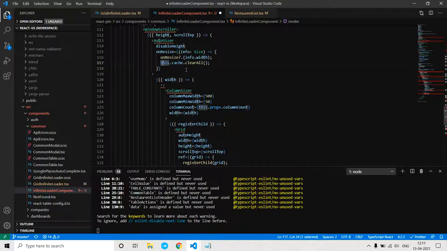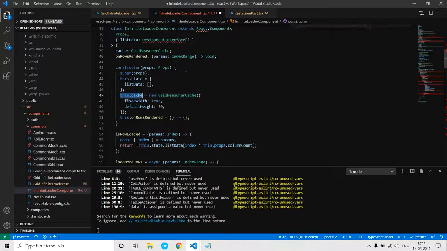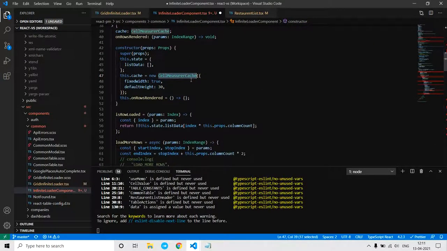So here this dot cache points to this cell measurer cache. Whenever we change the device width, infinite loader recomputes some of the cell measurements, and we should make sure we are clearing some cached values here.